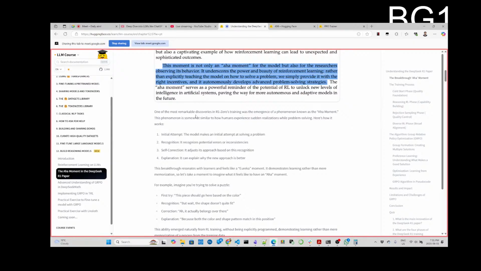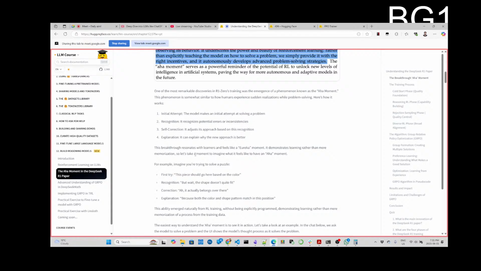One of the most remarkable discoveries in R1-Zero's training was the emergence of a phenomenon known as the aha moment. This phenomenon is somewhat similar to how humans experience a sudden realization while revisiting their initial attempt. This breakthrough resonates with learners. It feels like a Eureka moment. It demonstrates learning rather than mere memorization. So let's take a